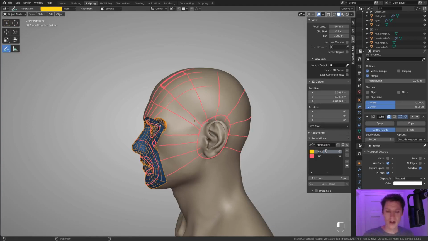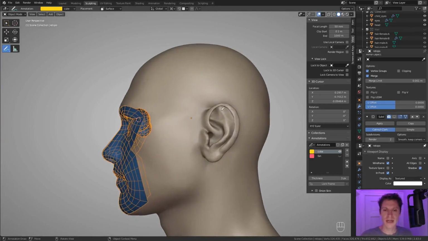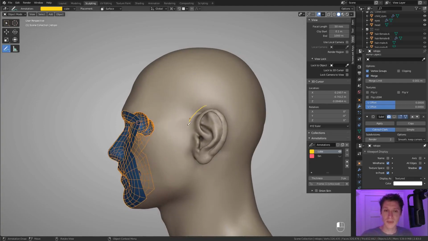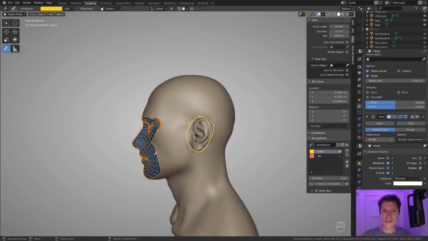This one is based on a smoothed cube. So I'm going to call this the cube approach and hide the other layer. All right, so this also incorporates a loop around the ear. However, I want you to just focus on this area, the general shape of the head, and